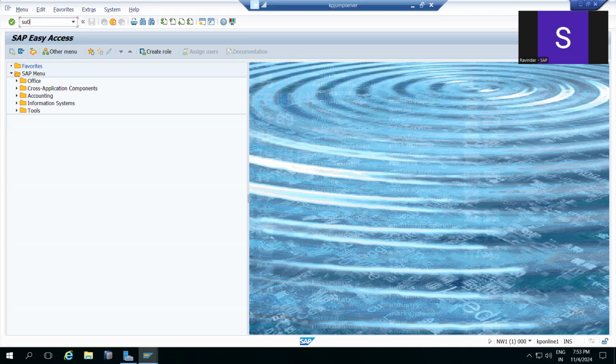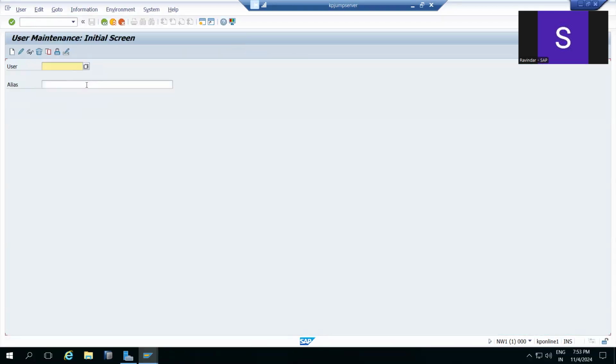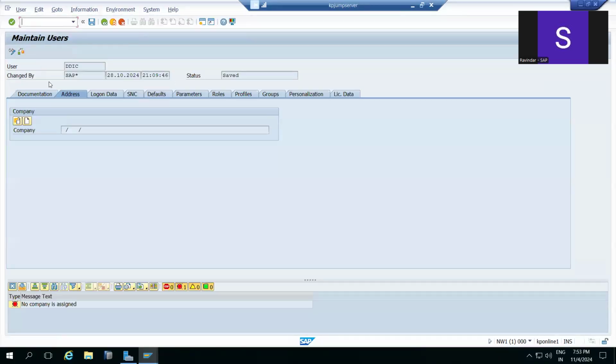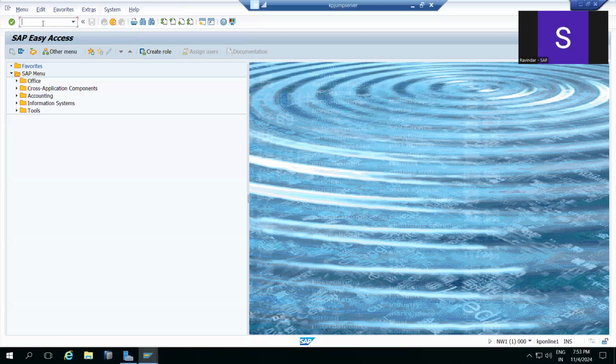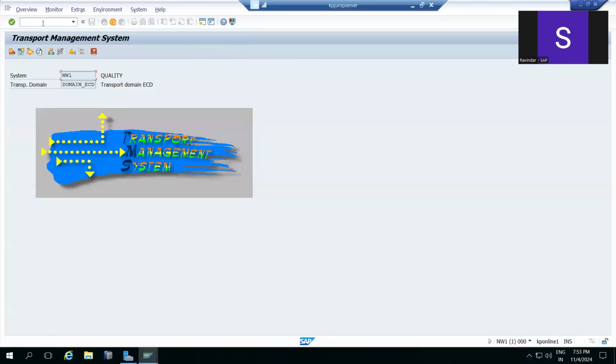I'm not sure what happened to the other users. Let me check. Okay, the other users are there. Fine. Any user which is there in the 000, go to STMS transaction code.